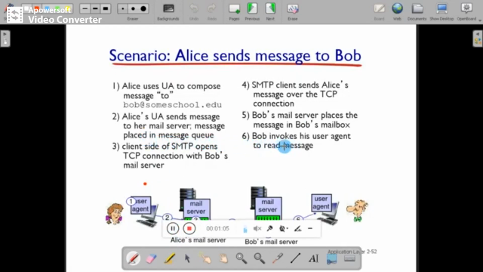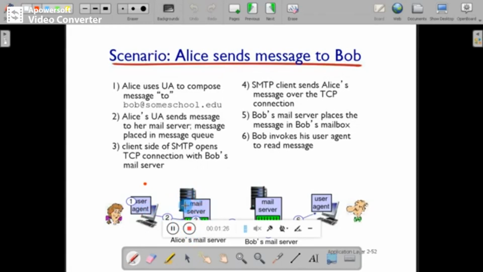Now we will see one scenario where user Alice wants to send a message to another user Bob. In the diagram, Alice composes the message by using a user agent, which can be Microsoft Outlook or other software. After that, the user will send the message. The same message will be stored in the user's mail server.